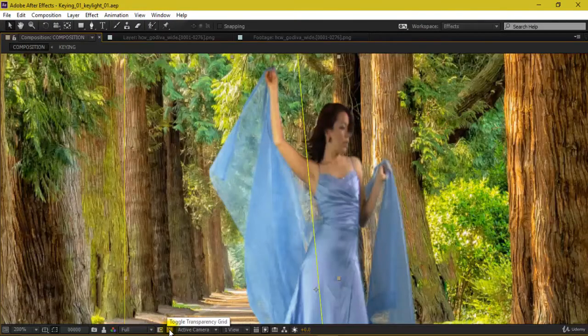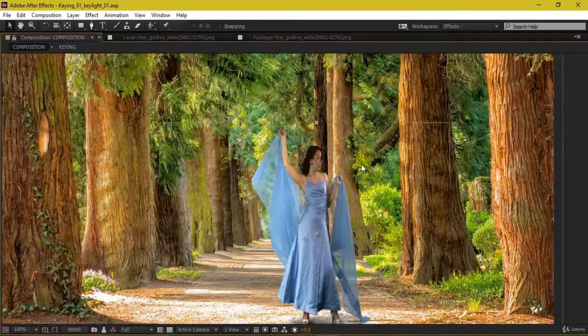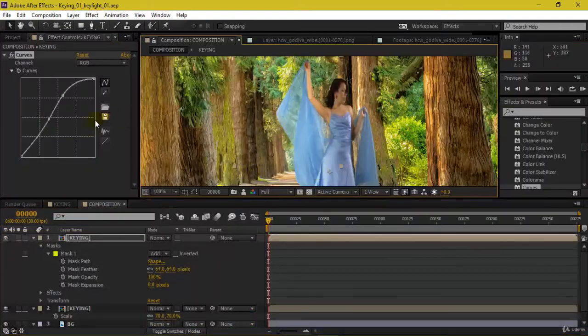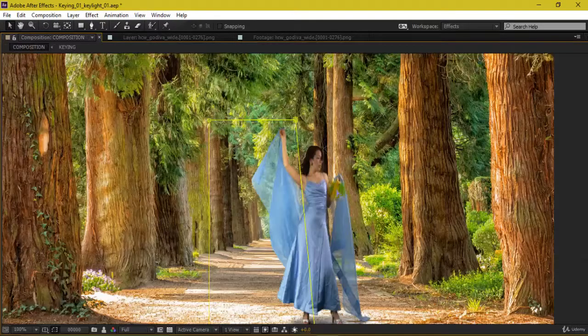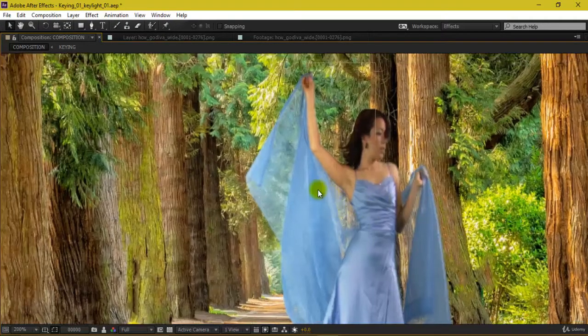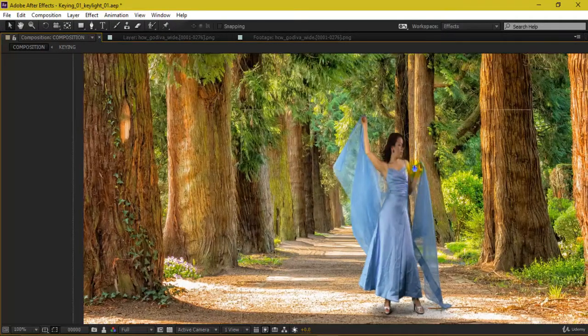Control S once more. So now this is looking actually pretty natural over here.